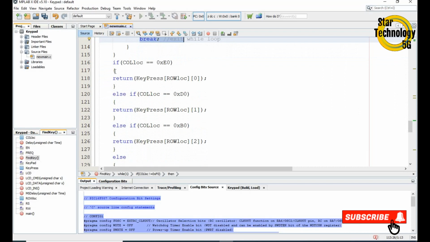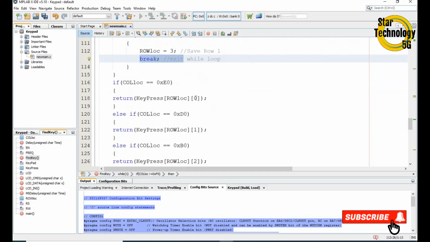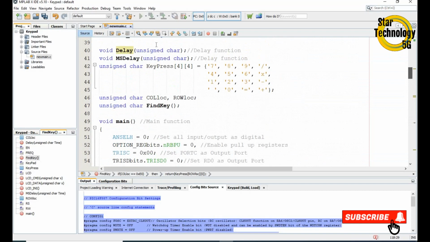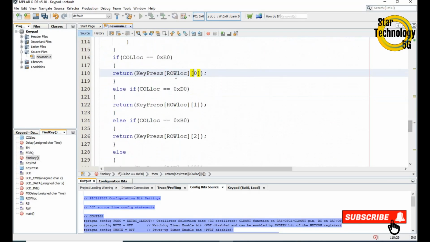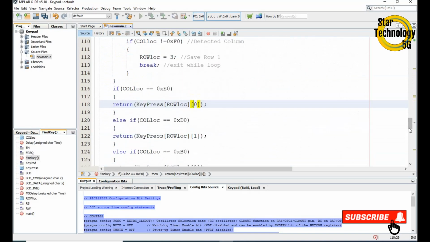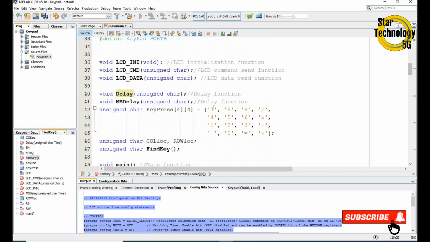If column log is equal to 0xE0, it means return key pressed row log, and the row log we will find here, and it means column number 0 is pressed, and it will return that data as key press. It means if row log 0 is locked and column 0 is locked, this key is pressed.